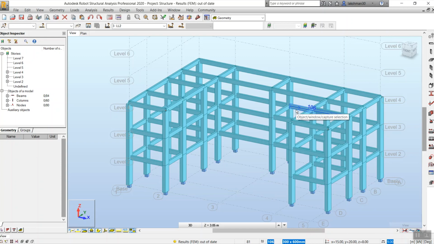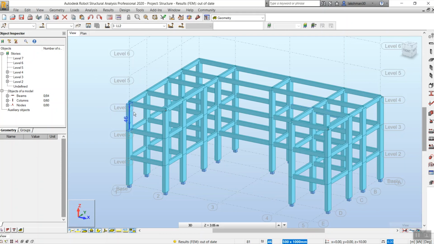I could try with my dead load itself, but to refresh you on how to apply the loads, I have applied these two loads. Likewise, you can apply your own loads on your buildings and see how it works. I have given a basic dead load and live load here on my columns and beams.